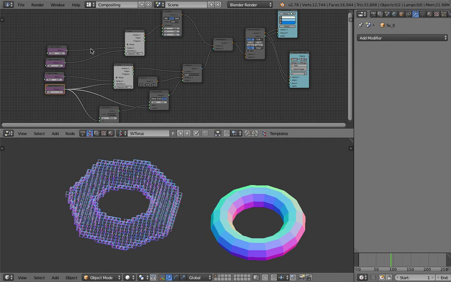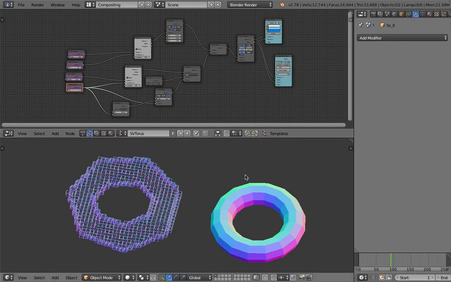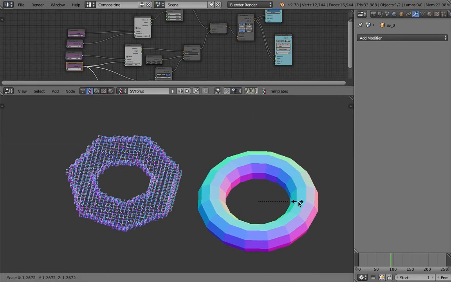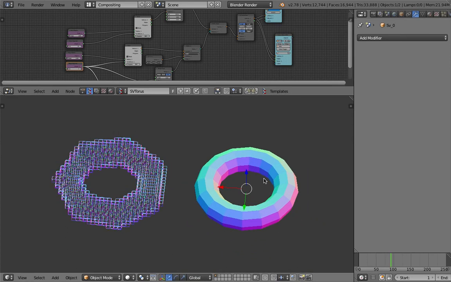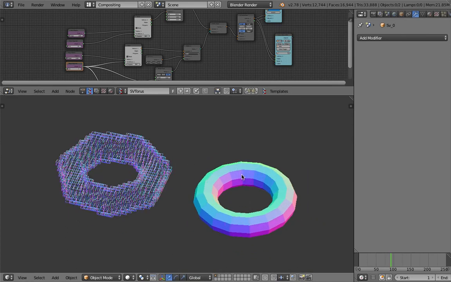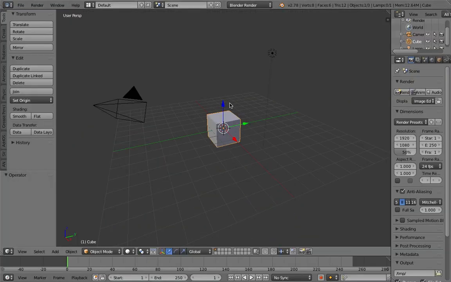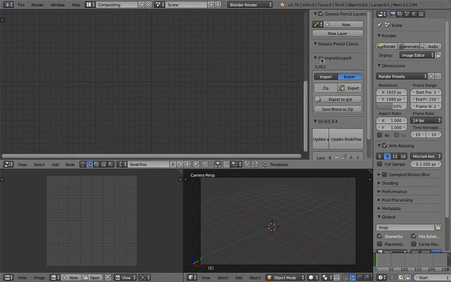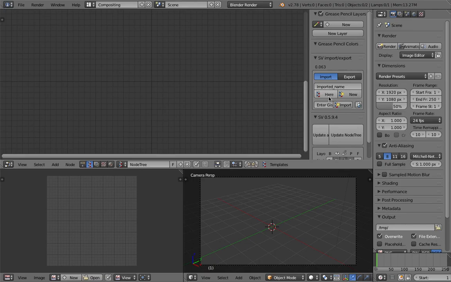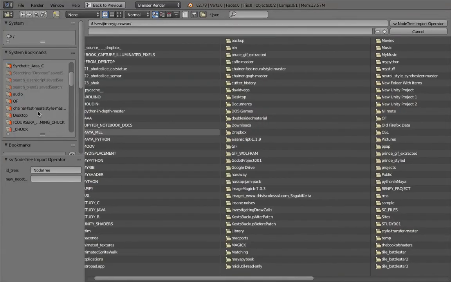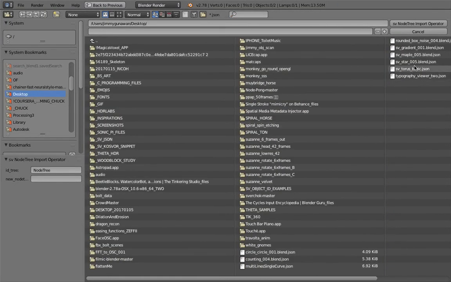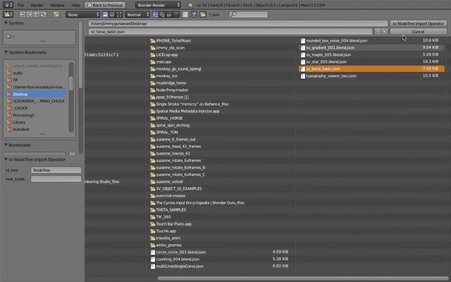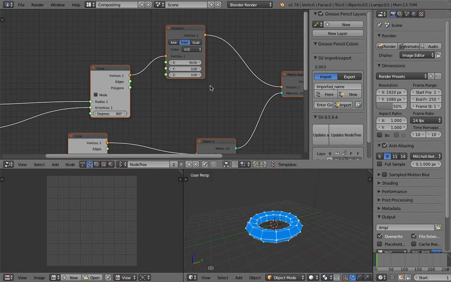Of course, when you want to reuse this setup, you just need to reload it. I forgot to show that. Going to take a screenshot first. So supposedly you want to just have a torus. You just need to reload the JSON that we saved earlier. I will save it into the Gist, Sverchok Torus basic, and just load the node tree, and then we should